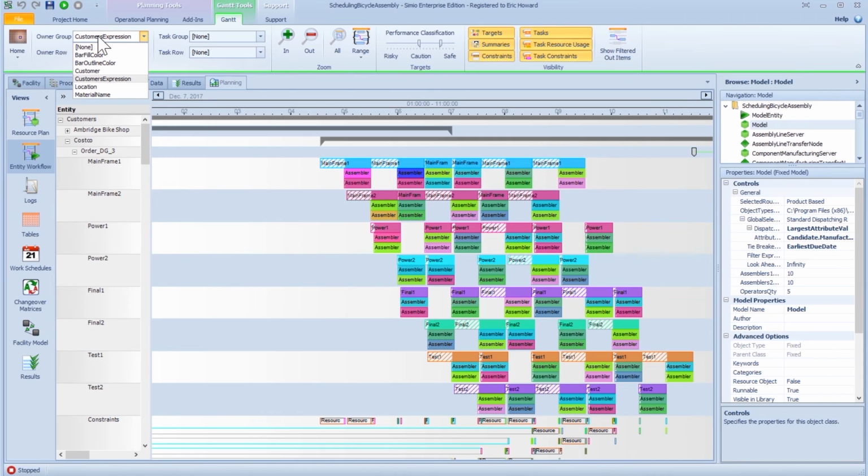The default entity Gantt is for a given order, which may consist of a quantity of entity items. Users can now specify a resource usage log custom column for Owner Row that will generate sub-rows based on the column information. The item or entity within the order is used as the Owner Row. This feature is especially useful for entities that have multiple components of processing occurring at the same time with multiple workers and resources also allocated at that location. The location itself can then